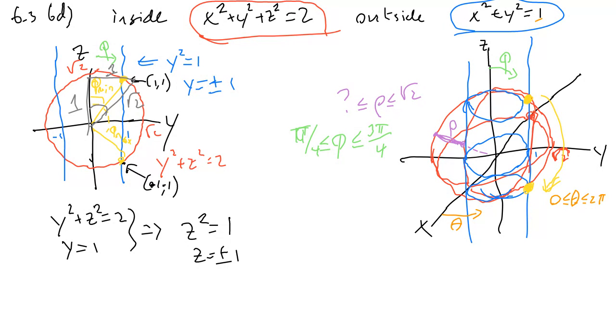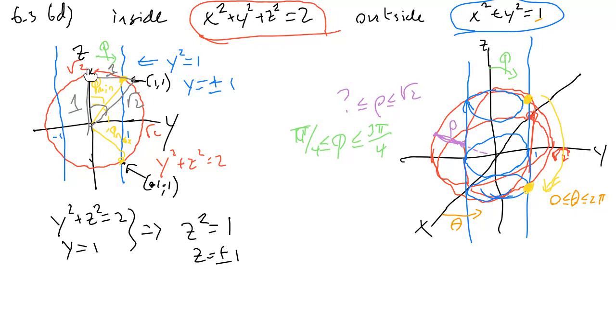Okay, let me again ask if there are any questions about the angle phi. Please show again where pi over 4 is. So pi over 4 is on this line. Sorry, z equals y. It's this direction. So in the 3D picture, pi over 4 would be like there, but in a whole circle, right? Because I could go in any direction. I could go like this, could go like this. So in this picture, pi over 4, because I'm computing the angle from the positive z-axis,